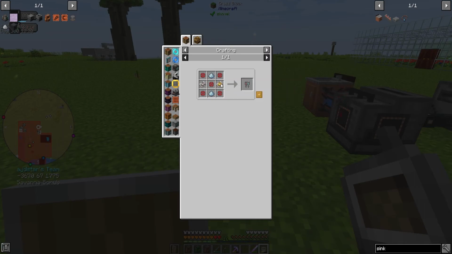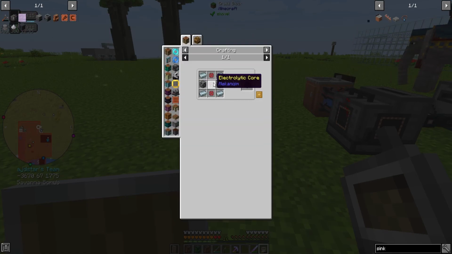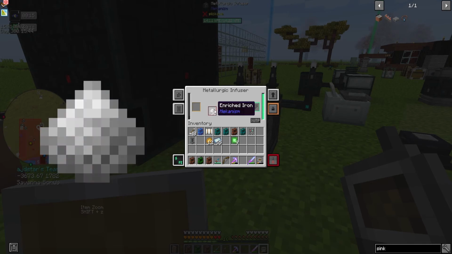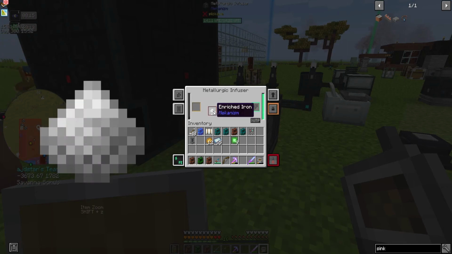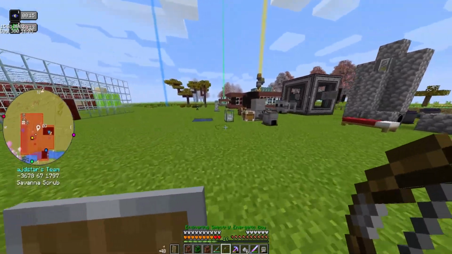Yeah, yep, need some gold dust, which is fine. And then what else do we need? Gold dust and iron. So I found a much easier way to make steel. It's using steel dust and enriched iron, and the way to make enriched iron is to basically have carbon in there, so you combine carbon with an iron ingot, which makes enriched iron, and then enrich the iron and carbon again. Basically, in the end you end up with steel dust, which you can then make